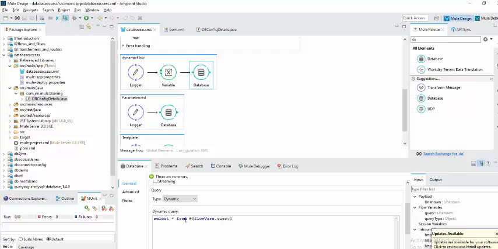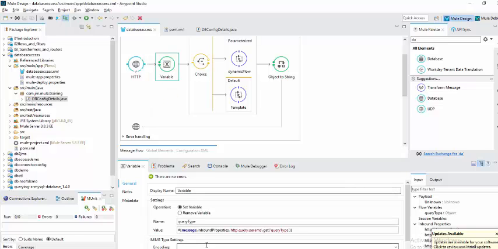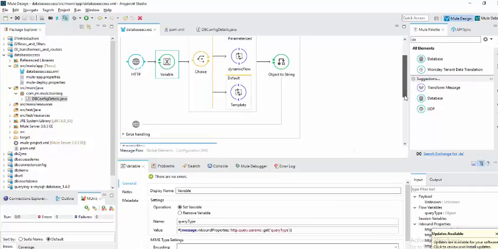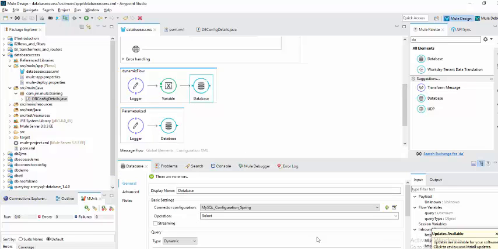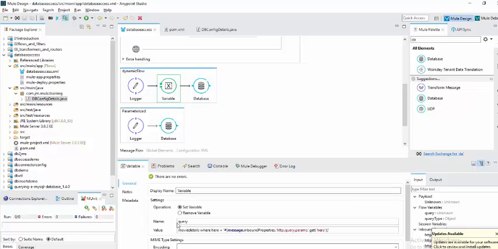see, select star from, I am defining a flow variable like a query. Like if you see the variable which I declared, the query type is, I am sending the query type from my browser. Query type is equal to dynamic, and query type is equal to some parameter like something. So see here, I'm sorry, query type defined over here. Query is